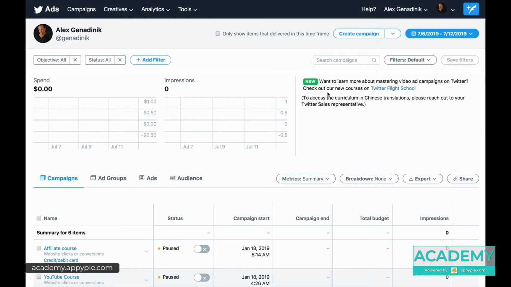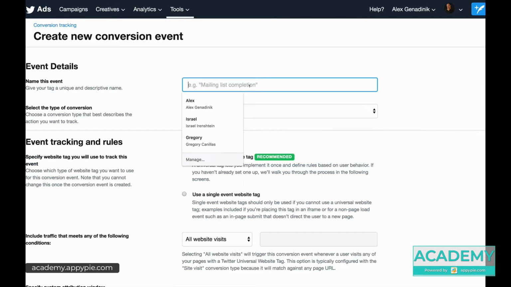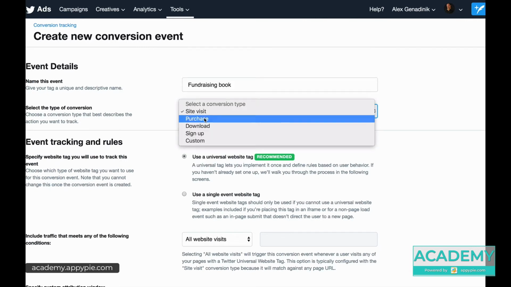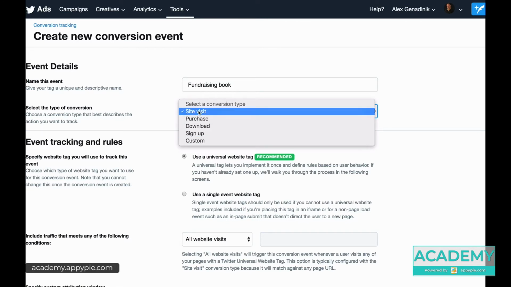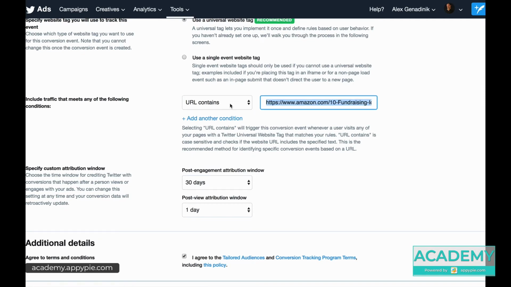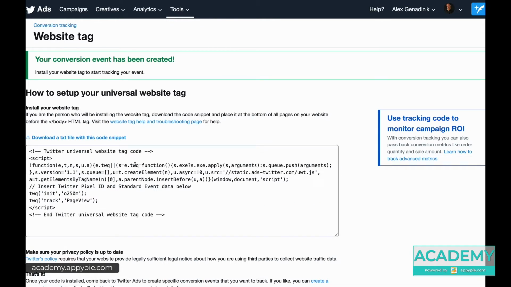So then I'm in my ads and I go to tools and I pull down conversion tracking. And then I say create a new one, and I'm going to give it a name. Then you choose the type of conversion, like a website visit, purchase, download, maybe for an app, an email sign up, or a custom. Let's say in our case it's going to be a site visit. Leave this one as is, and then URL contains. And in the URL, I'm going to give it my Amazon URL of the Amazon product. And I'm just going to delete a few parameters and leave the keyword fundraising, and I'm going to save that conversion event,